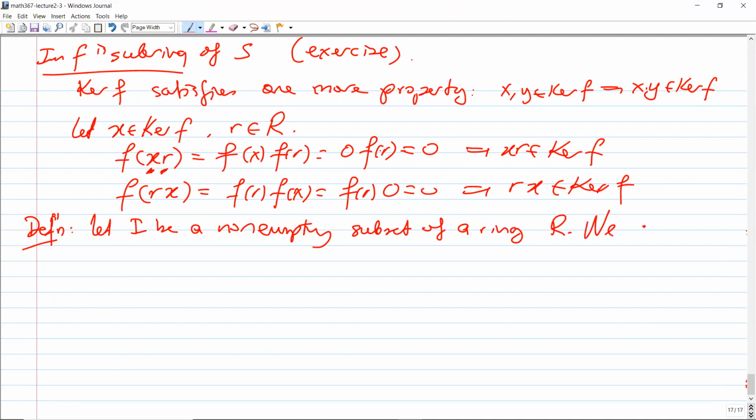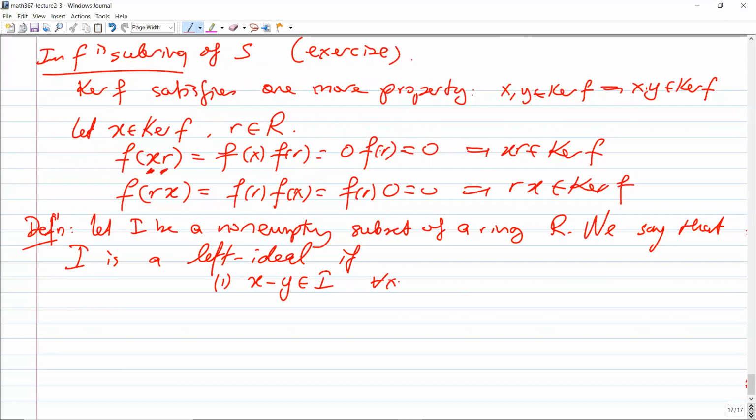We say that I is a left ideal if these two conditions are satisfied. x minus y is in I for all x, y in I, and also r times x is in I for all x in I and for all r in R. So we say I is a left ideal if these two conditions are satisfied, and I is called a right ideal